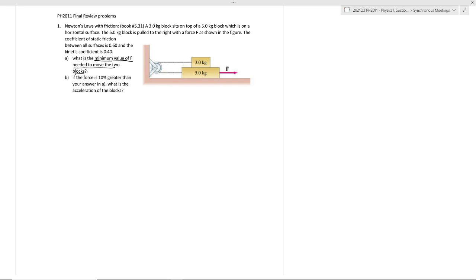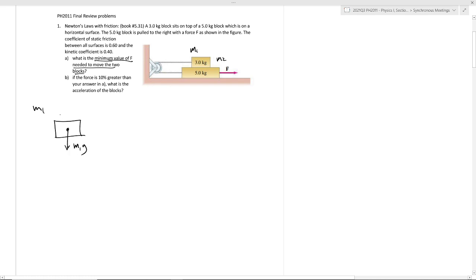Let's label these as M1 and M2. And where we would start with this is let's do free body diagrams for each block, and then we'll sum the forces, and then we'll see if we can figure out what the minimum force and the acceleration would be. So for M1, what all forces do we have? Well, we're going to have its weight